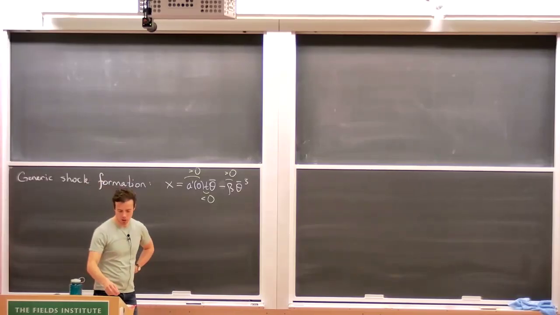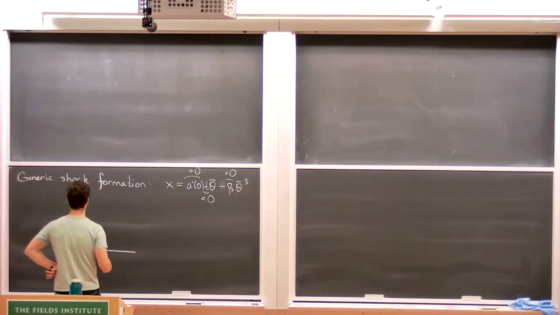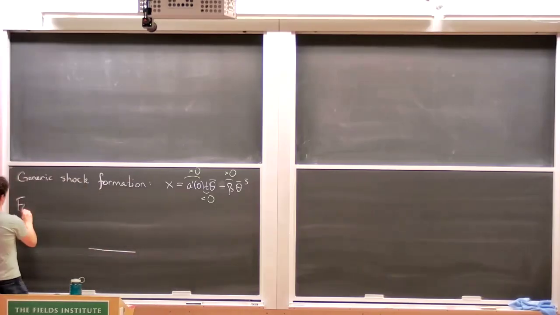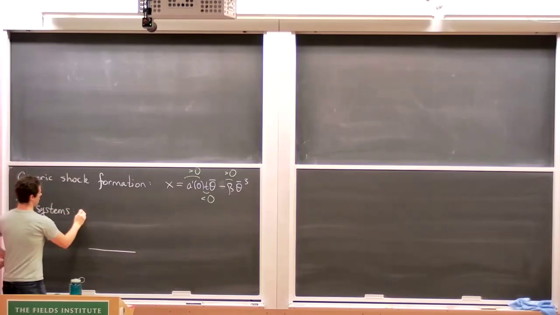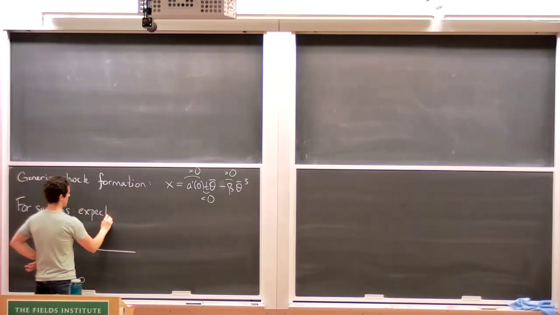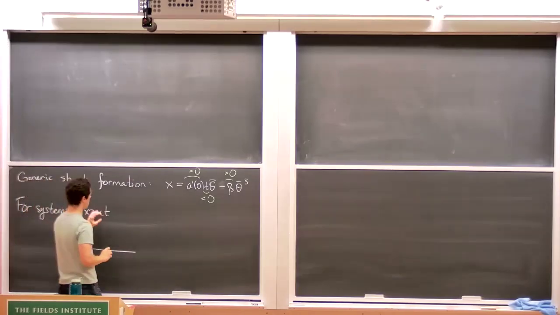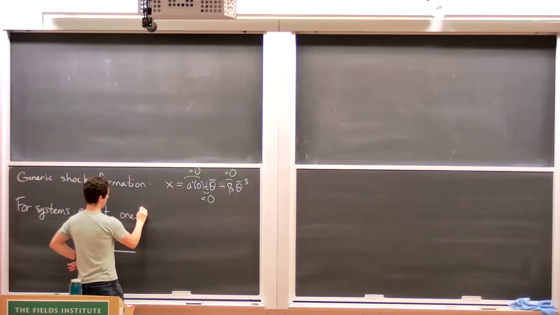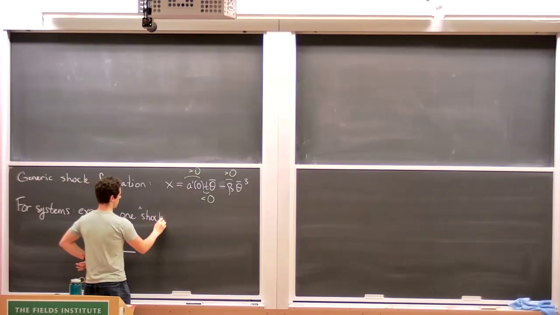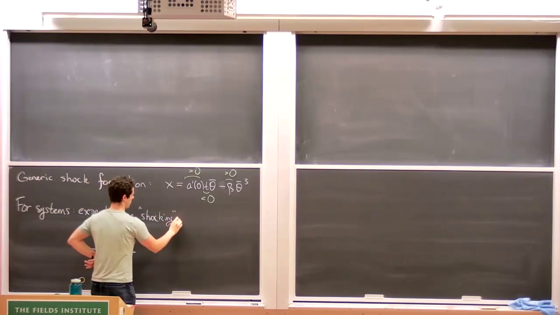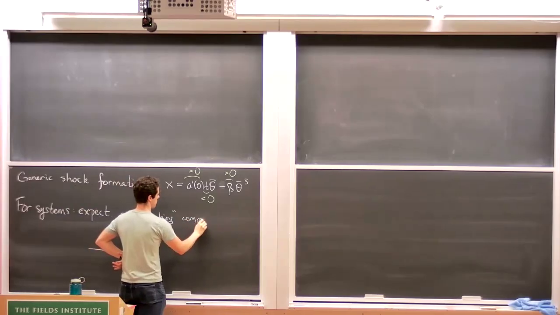And in general, a solution of the Euler equation, so for systems, I'll state this a bit loosely. I'm glossing over a bit of detail of exactly how you measure things. But one should expect that one component that I'll call the shocking component of your system